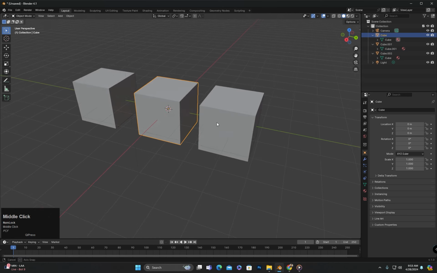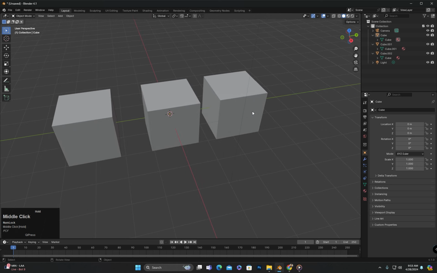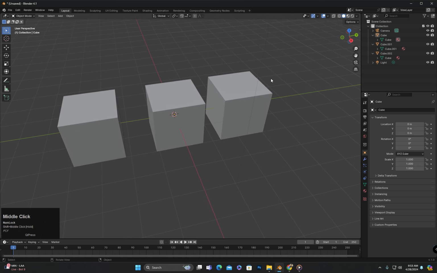Usually linked duplicate can be very beneficial. For example, if we have an object that is being used multiple times in a scene, we can create a linked duplicate of it. This way we can change its size and place it in the scene. And if we need to edit its shape later, we can edit one instance and those changes will be reflected in all the other linked objects as well.